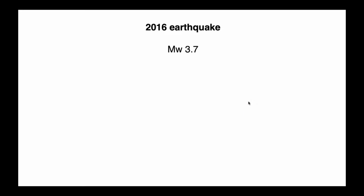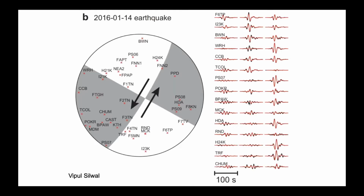Second event is the 2016 earthquake. I'll have to start speeding up a little bit here, but the coverage is even better because we're pretty much on top of this event. We have epicentral distance of 5 or 6 kilometers in this case. So this coverage, if you're looking at these sort of piercing points or the aperture of your array, this is very good coverage. And again, here's a regular earthquake, or at least this section looks regular,